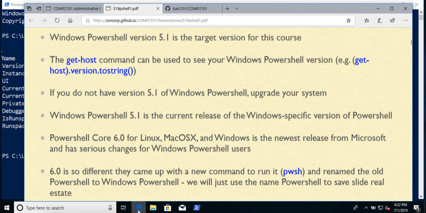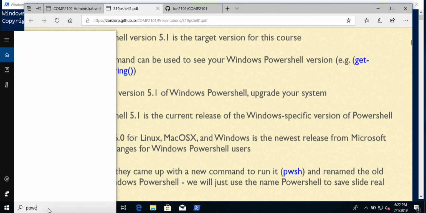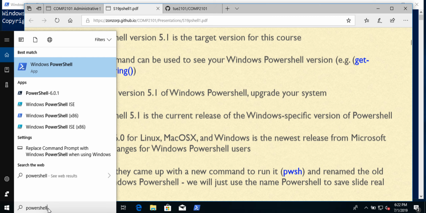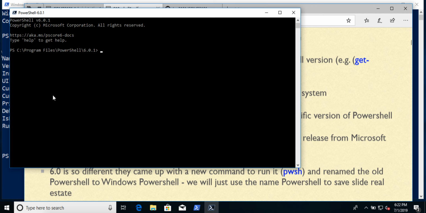We mentioned playing with PowerShell Core 6. You can certainly do so. It does have a different command to run it, pwsh. If you're on Windows with PowerShell Core, you can still simply type in PowerShell and it will find PowerShell 6. And if you run PowerShell 6, you'll see the window looks different in color, if nothing else, but also